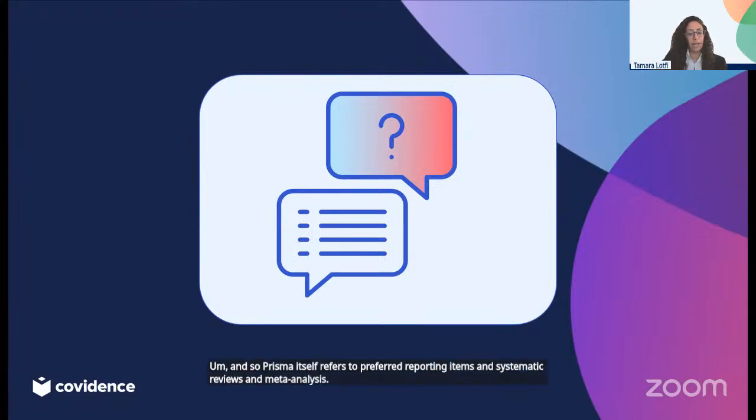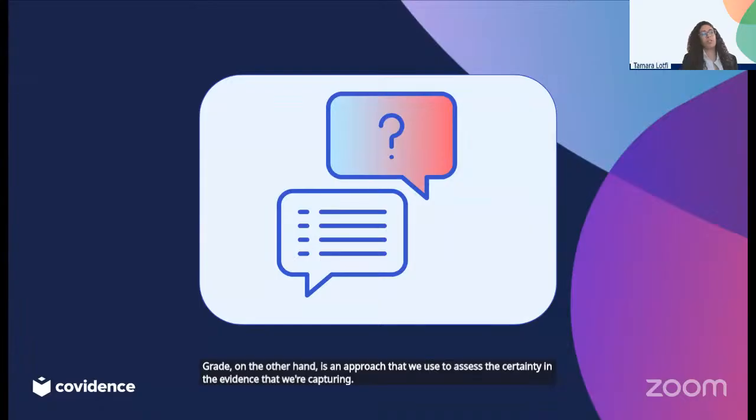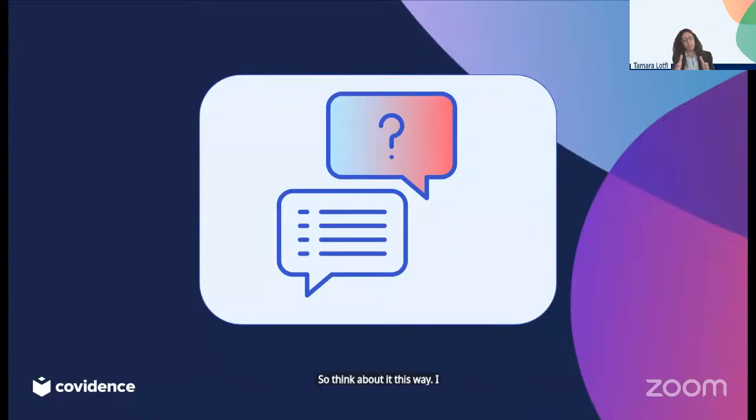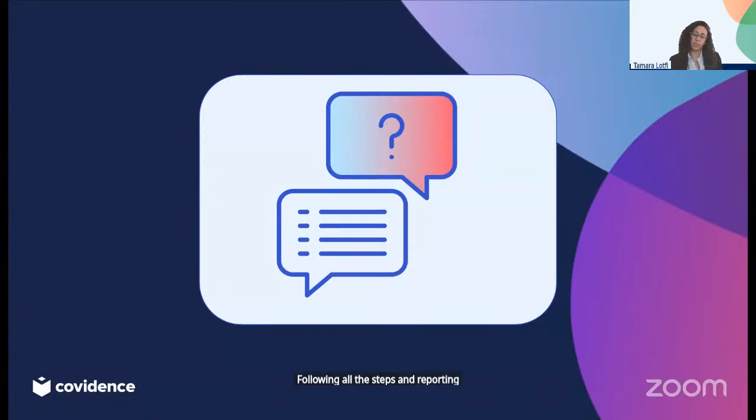GRADE, on the other hand, is an approach that we use to assess the certainty in the evidence that we're capturing. So think about it this way. I'm doing my systematic review. So I searched, I screened, I appraised the literature, and now I'm synthesizing and I want to write down my manuscript. I will follow PRISMA to make sure that I'm following all the steps and reporting on all the steps I did.